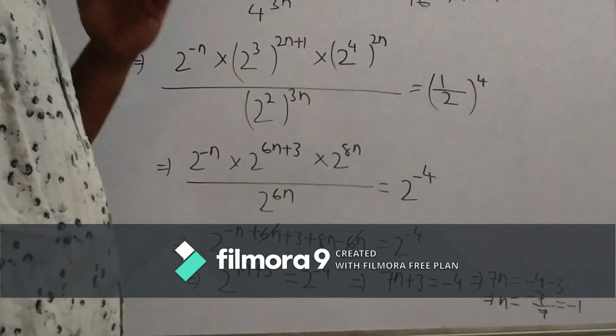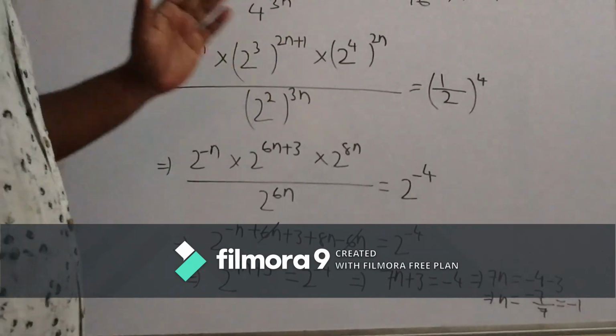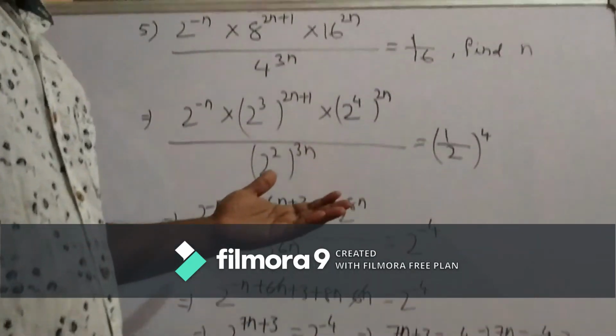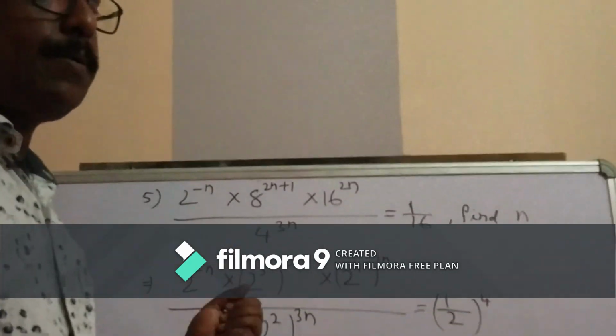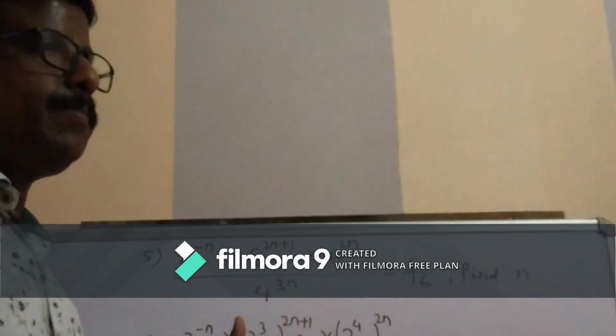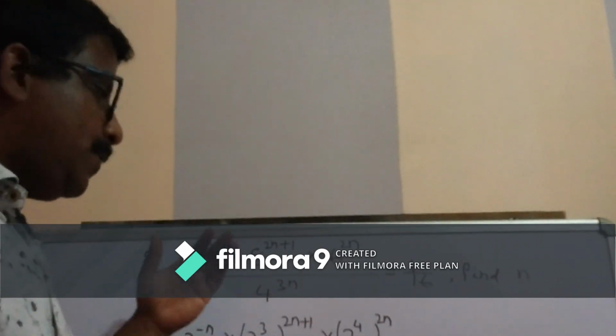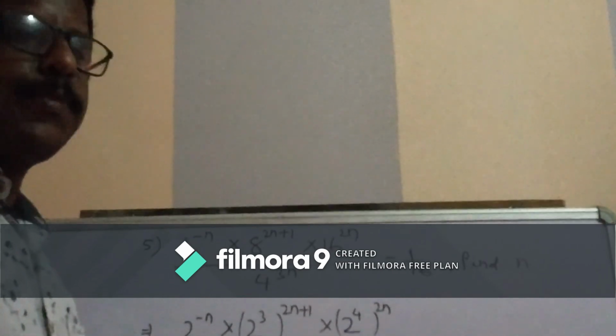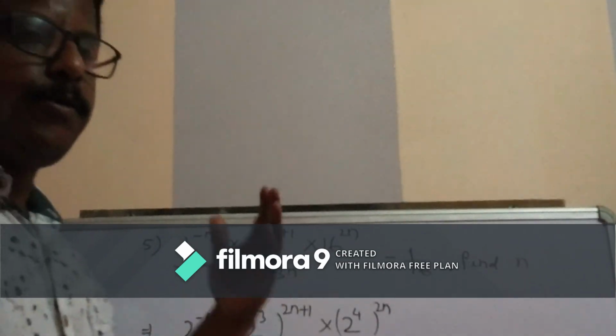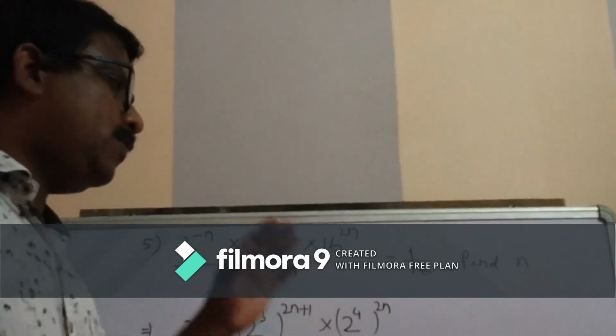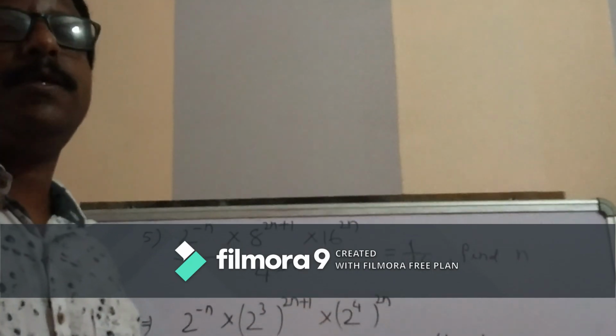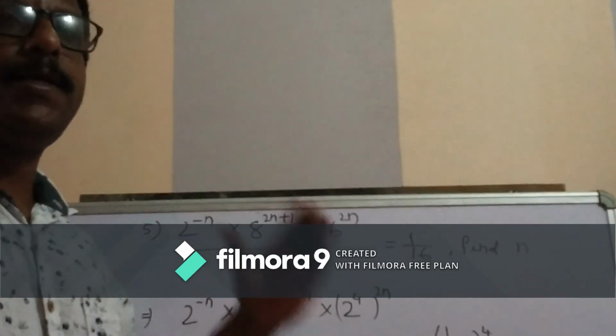So understand, variety of types of problems I have done, different types: how to find the value of a variable, how to remove a variable, how to solve, simplify. So different types of problems I have done. You go through the exercise, do it. I hope if you understand all the formulas properly, the concept is clear, then any type of problem in the exercise you can do.